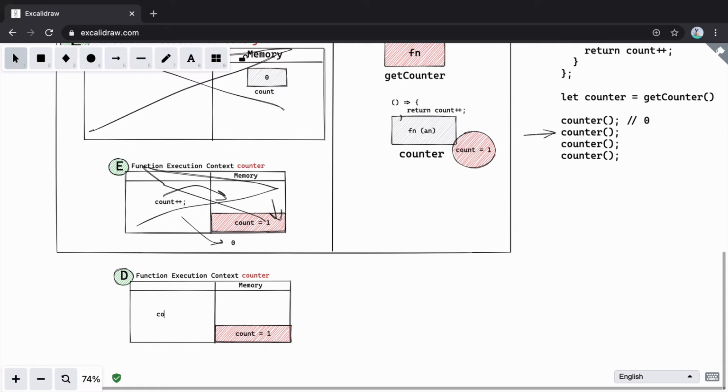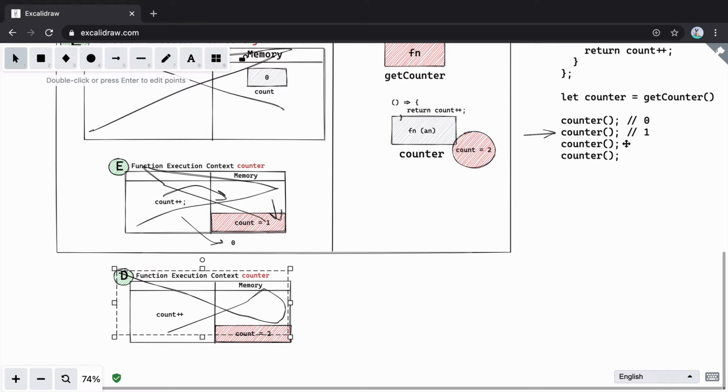Here we are saying count plus plus, so it will take the value 1 and return it. That's why the returned value will be 1, and the value of count will change from 1 to 2, because the plus plus operator changes the value from 1 to 2. As soon as that happens, the execution context of this function will get deleted.